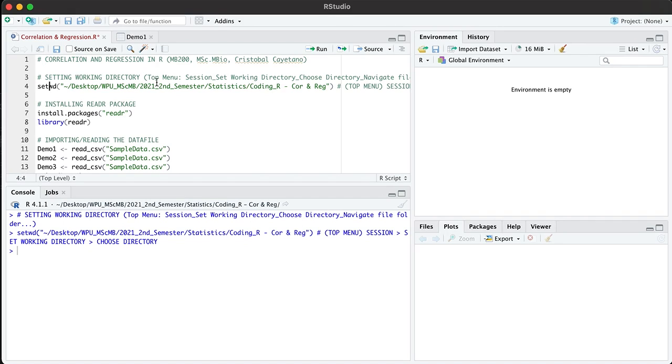So you can use the function setwd, but if you don't know the code, you can do that manually using the top menu. Choose Session, then Set Working Directory, then Choose Directory, and navigate to the folder where your files are located. After you set it up,